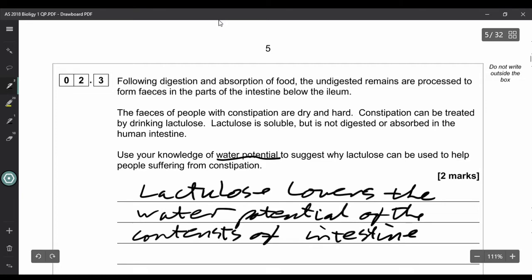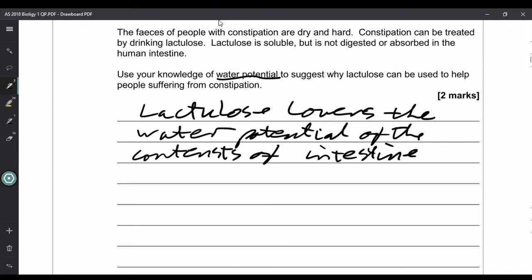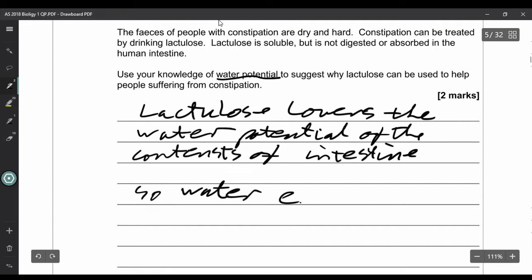Because you've now got a low water potential, you're going to attract water into it. So for the next part of the answer, water enters due to osmosis,